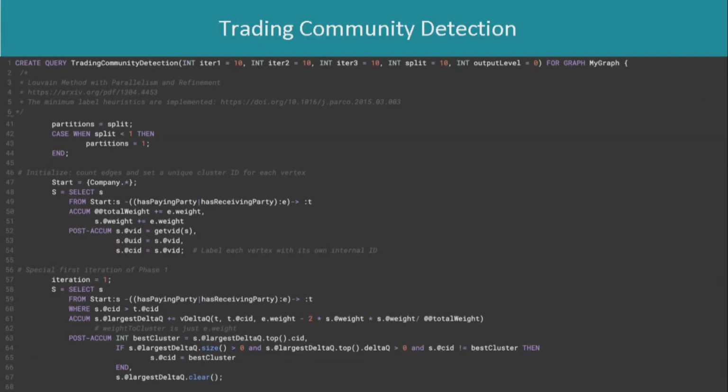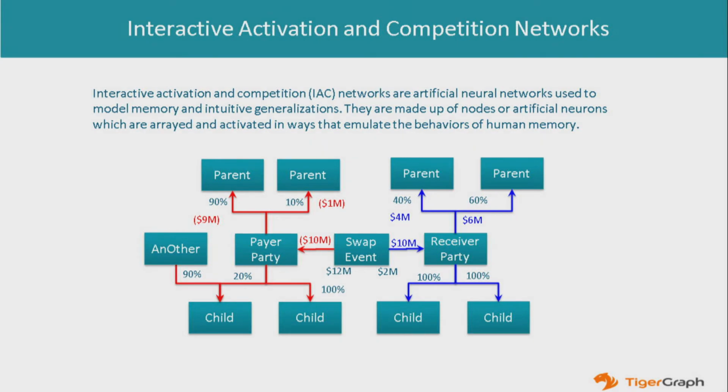Next, community detection. This again was generated by TigerGraph off of their Louvain community detection template. It was again customized automatically for this particular schema. I can't show you all of this algorithm. It runs about 3 or 4 pages. Not as succinct as the PageRank, unfortunately, but a very efficient algorithm, nevertheless.